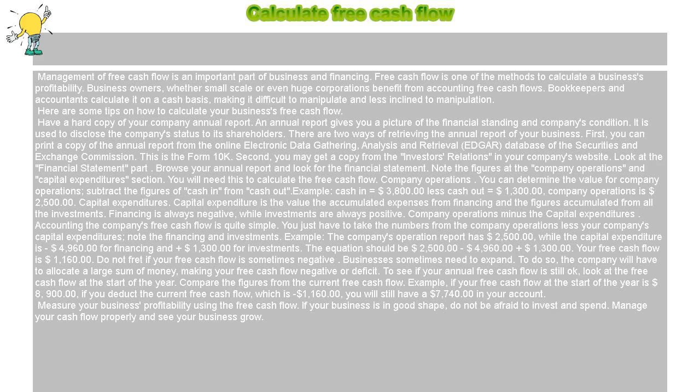Example: the company's operation report has $2,500, while the capital expenditure is $4,960 for financing and plus $1,300 for investments. The equation should be